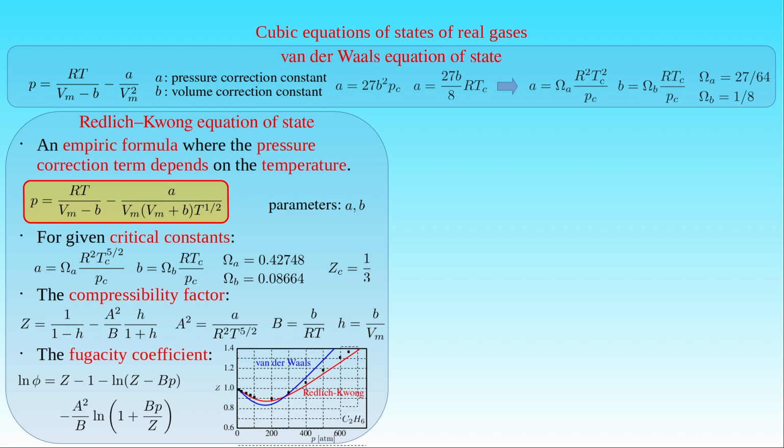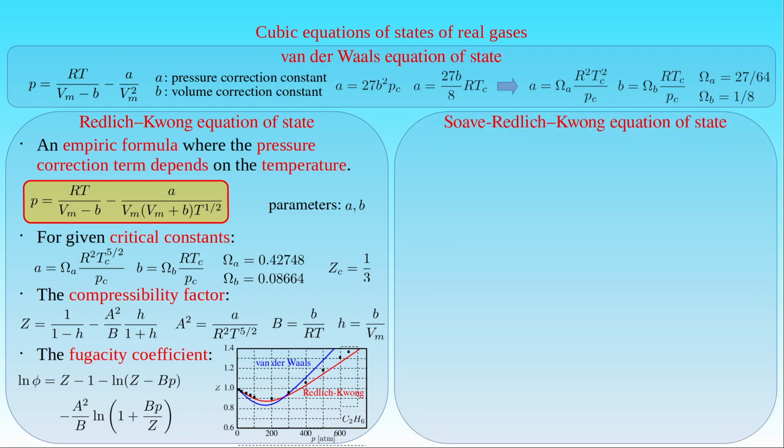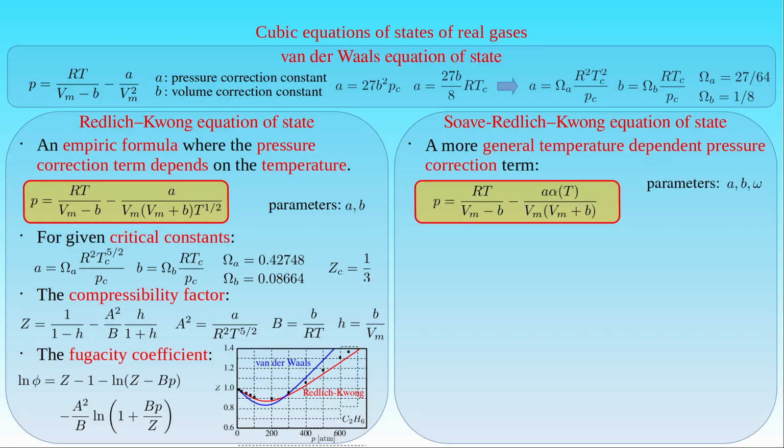The Soave-Redlich-Kwong equation of state was introduced in 1972, when Soave suggested a more general temperature-dependent attraction term in the Redlich-Kwong equation. Instead of the temperature T raised to the power 1 over 2 in the denominator, he applied a temperature-dependent function called the alpha function or cohesion function in the numerator, with a third parameter omega besides the correction constants A and B. This parameter is called the acentric factor, describing the deviation of the reduced vapor pressure of a substance from its pressure in fluid phase, and it is associated with the shape and polarity of the molecules,